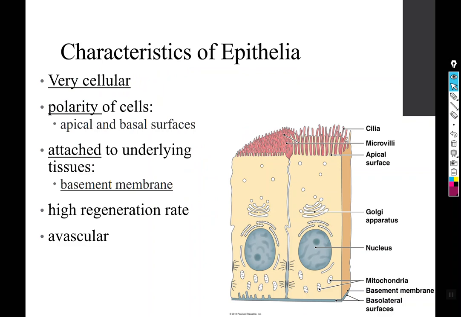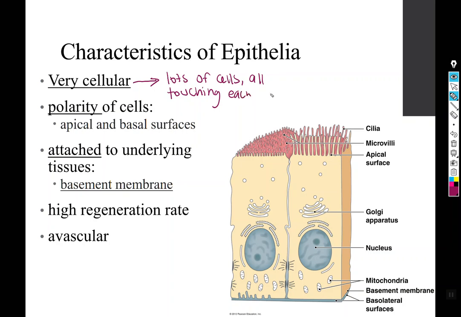Okay, so characteristics of epithelia. They're very cellular. And I want to be clear about one thing with regard to cellularity. This is kind of a relative term, so you wouldn't say something is simply cellular. It's really that they're cellular in comparison to other tissues. So think of this as being lots of cells all